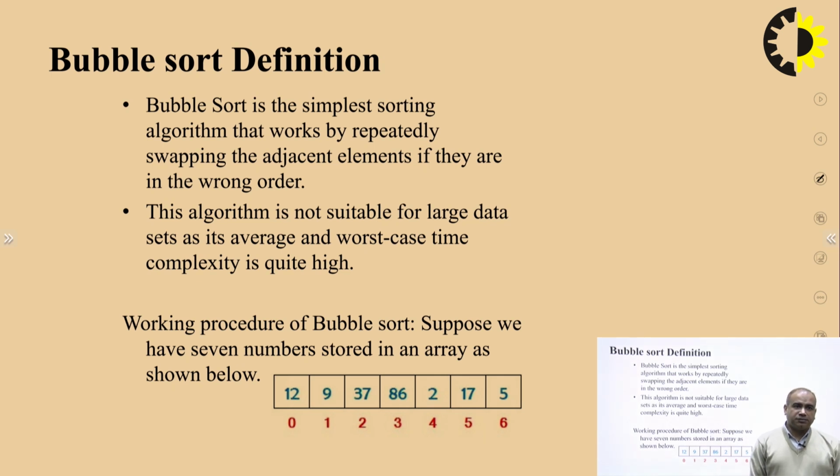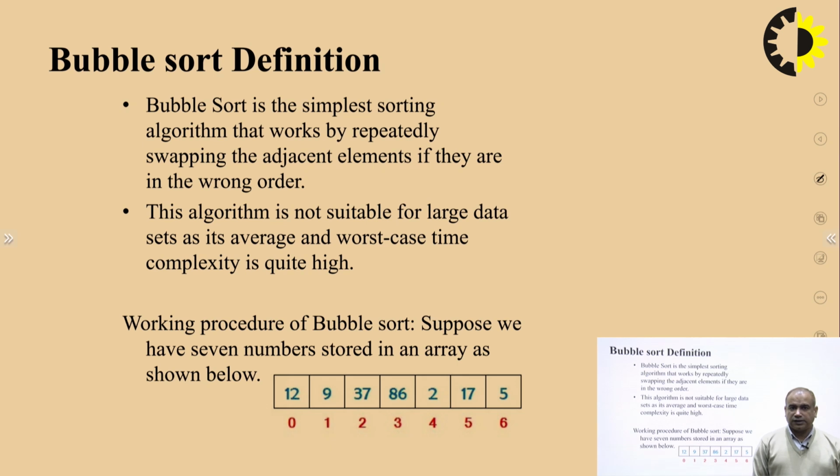Bubble sort is a simple sorting algorithm that works by repeatedly swapping the adjacent elements if they are in wrong order. The algorithm is not suitable for large sets of data as its average and worst time complexity is quite high. So the working procedure of bubble sort is,